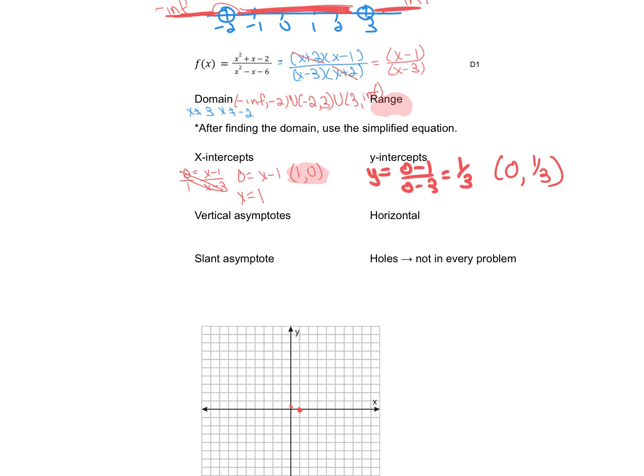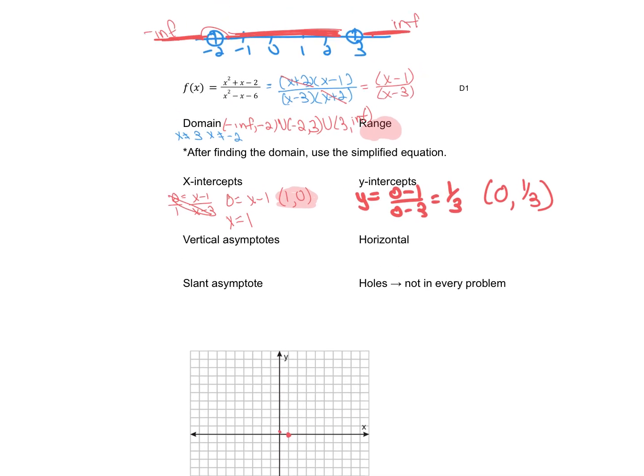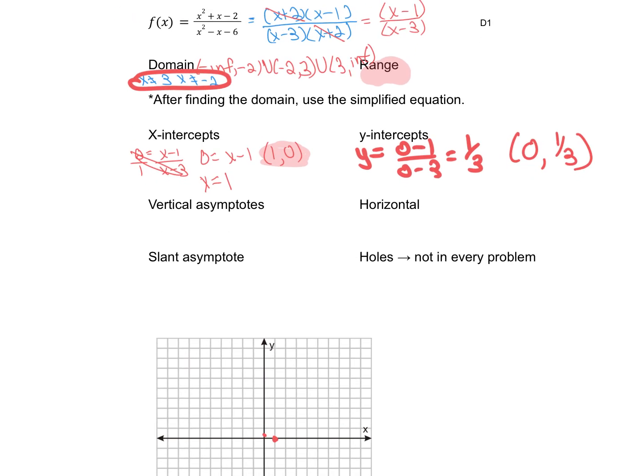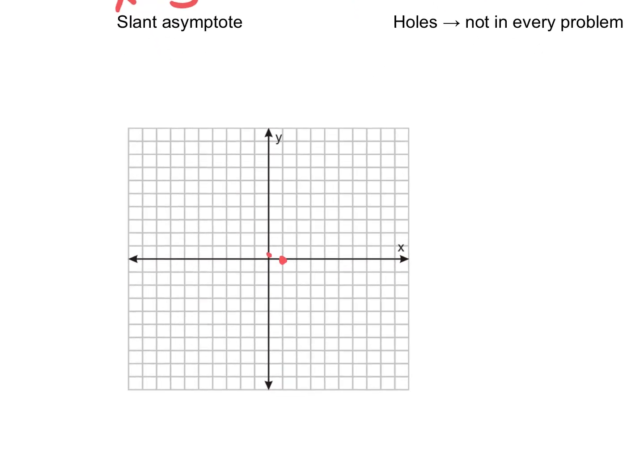All right, our vertical asymptote, again, we look back up at our restrictions, which was x can't be 3 or negative 2, but we got rid of that negative 2 because we simplified it out, which means our vertical asymptote is going to be at x equals 3. So that's going to be vertical at x equals 1, 2, 3. So let's